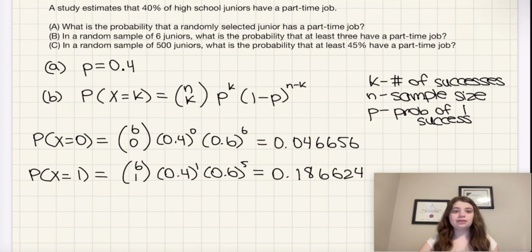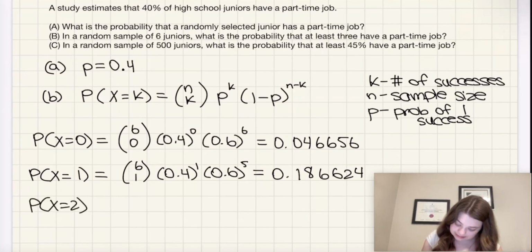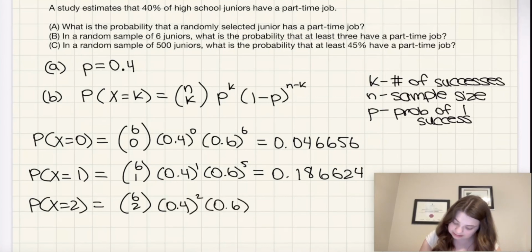job. The last one I'm going to calculate is the probability that exactly 2 students out of this group of 6 students have a part-time job. So probability x is equal to 2 is equal to 6 choose 2 times 0.4 squared times 0.6 to the power of 4. So that's 6 choose 2, which is 15, times 0.4 squared times 0.6 to the power of 4, and that is